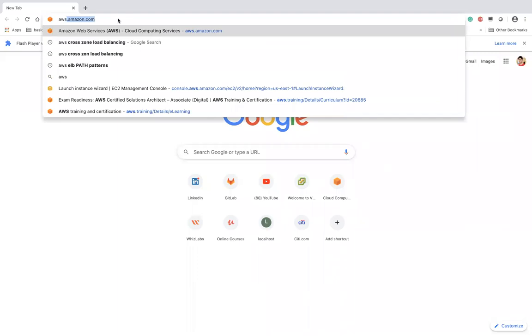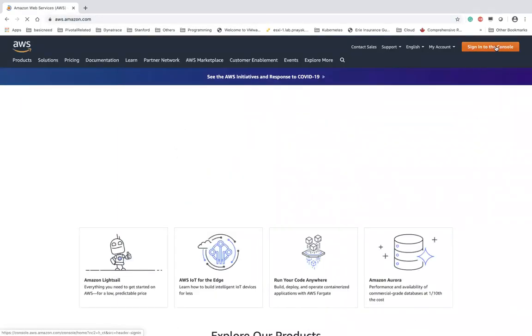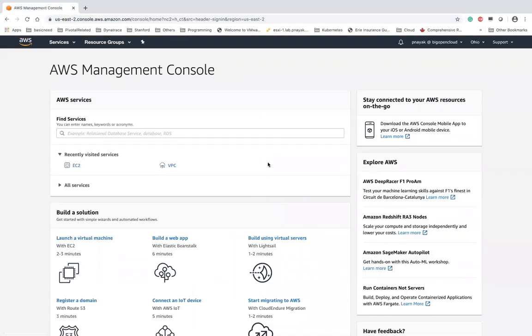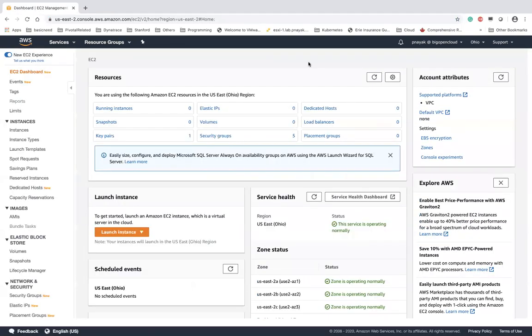Let's log into our AWS. So EC2, I'll go to the EC2 instance, and let's create a small web server. Okay, quickly we'll create a web server. So here,